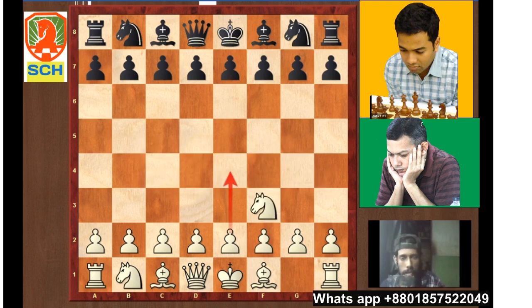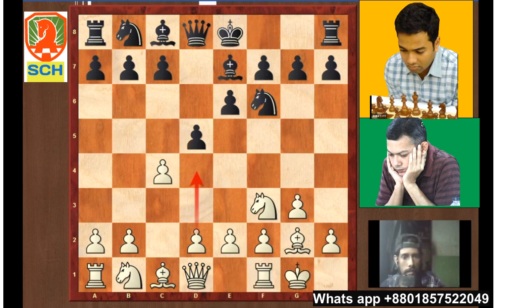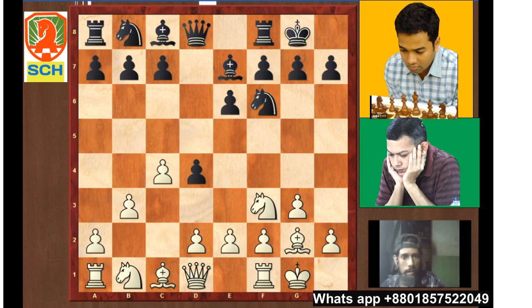Ahmed Sheikh Nasir started with knight f3 and knight f6 with black. Sengupta from India, Grandmaster, played c4, e6, g3, d5, and bishop g2, fianchetto, e7, castling on the king side. Then b3 by Sheikh Nasir,